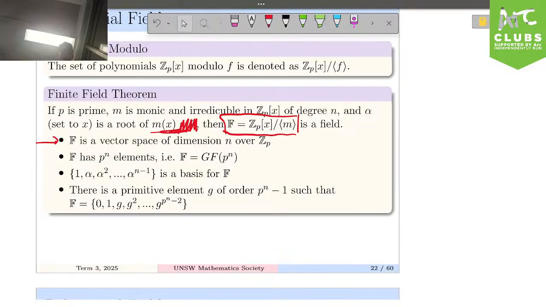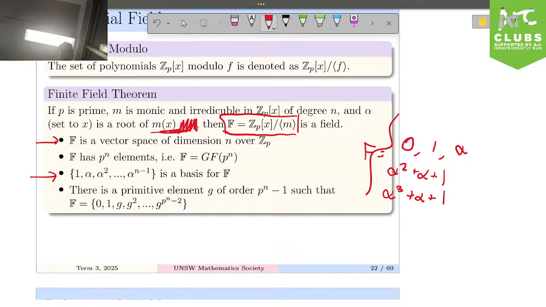First property is that it's a vector space. So why do we care about this? We care about it because then every non-zero element of the field can be written as linear combinations of the roots of that monic polynomial, the polynomial that we're factoring out. So our field can be written as 0, 1, alpha, alpha squared plus alpha plus 1, maybe there's a cubed term, maybe there's not even an alpha squared. You just get every single one of these. That's how we can write arbitrary fields in terms of the factors of this polynomial.